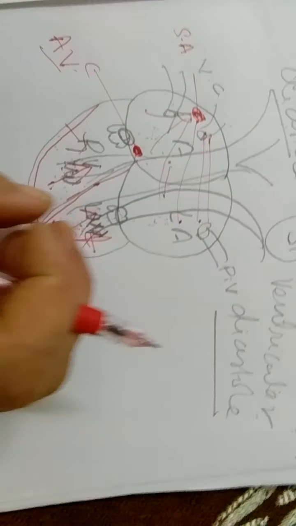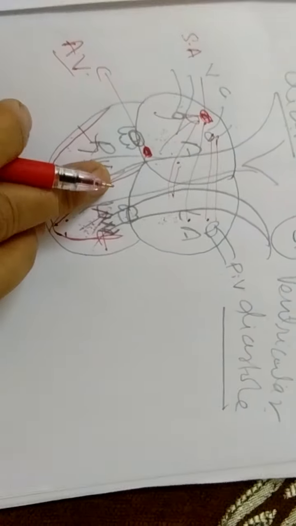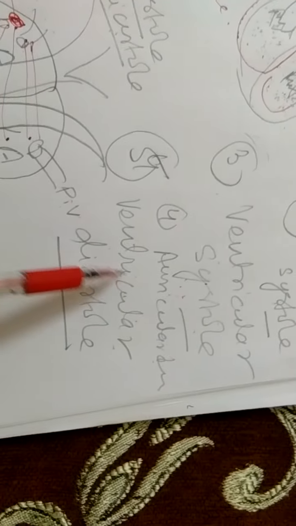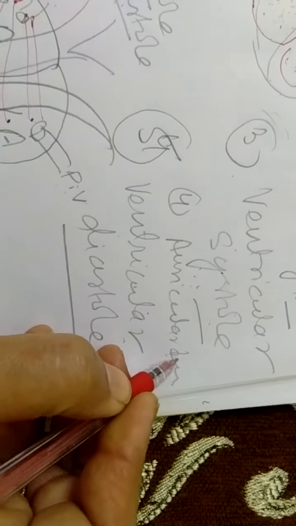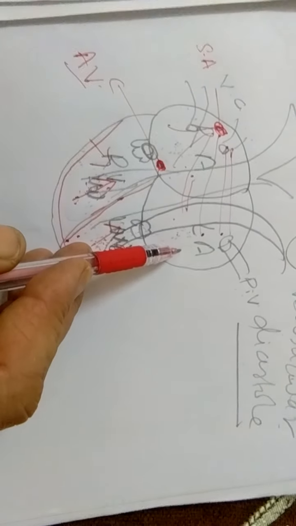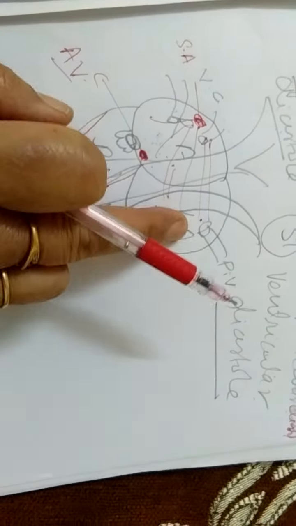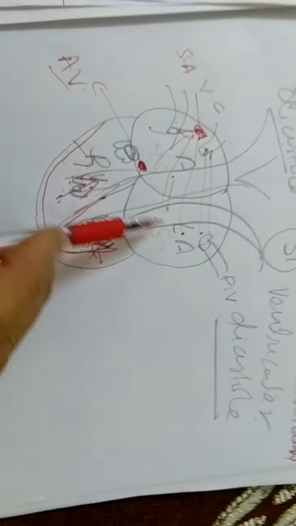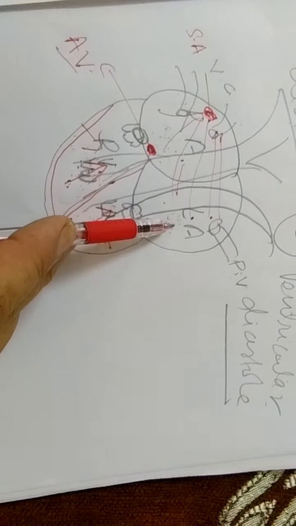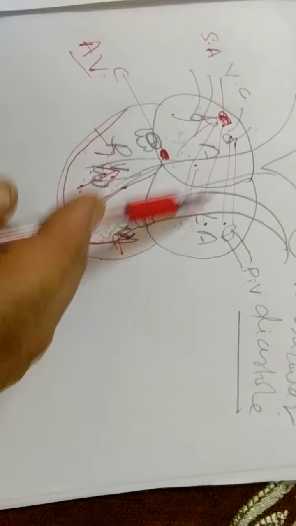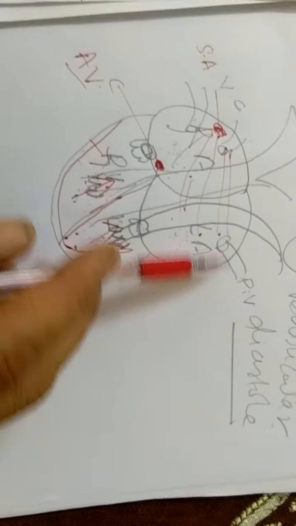Due to the ventricular systole, the blood is pumped to the body and to the lungs through the pulmonary aorta and systemic aorta. Now the next stage is auricular diastole. When the ventricle was contracting, at the same time the auricles were dilating, they were relaxing. The auricles had contracted, and after completing their systole they were coming into the relaxing stage. So that is called auricular diastole. The auricles are coming into the diastolic stage, and gradually they are also getting filled with the blood from the pulmonary vein and vena cava.